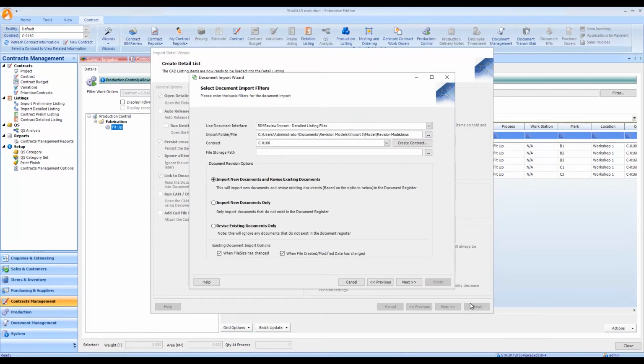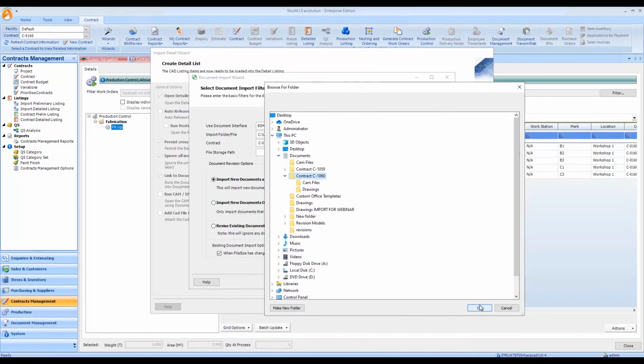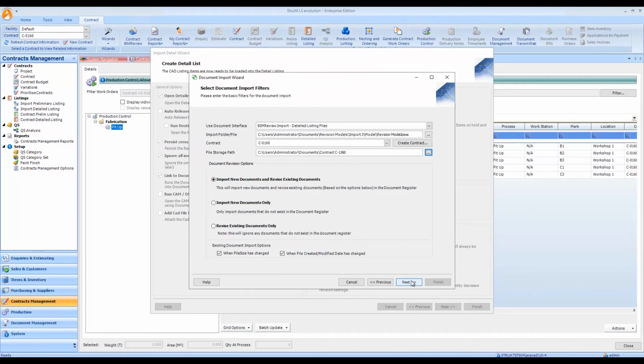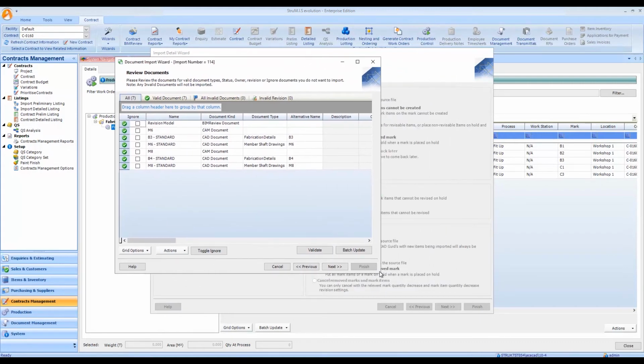So at this point, we're going to go ahead and import our new revised documentation as well. So I'm going to choose my storage path to place that in again, make sure that's put in place, and I'm going to go next. And we can see here that we've got our B3 modifications in place. If I was to just open that up a little bit,